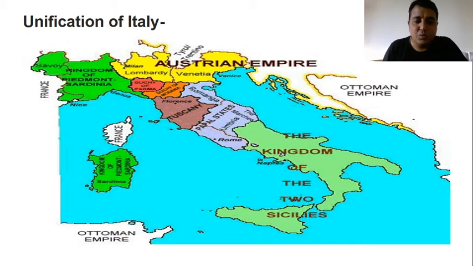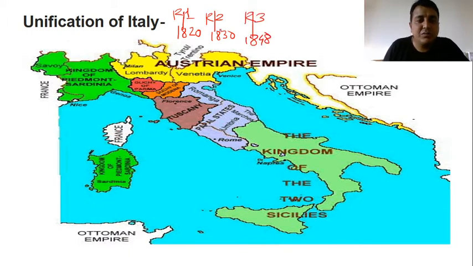Okay? So earlier we mentioned that the revolution of 1820 was there, the revolution of 1830 was there. We called them R2, R1, and 1848 we called R3. This revolution gives birth to the Young Italy movement. They tried to revolt, but the revolution was suppressed because of the Metternich system. Then we mentioned the third revolution, the end of the Metternich system, but it is the end of the Metternich system, not of Austria. Austria is still the most important power, and because of that